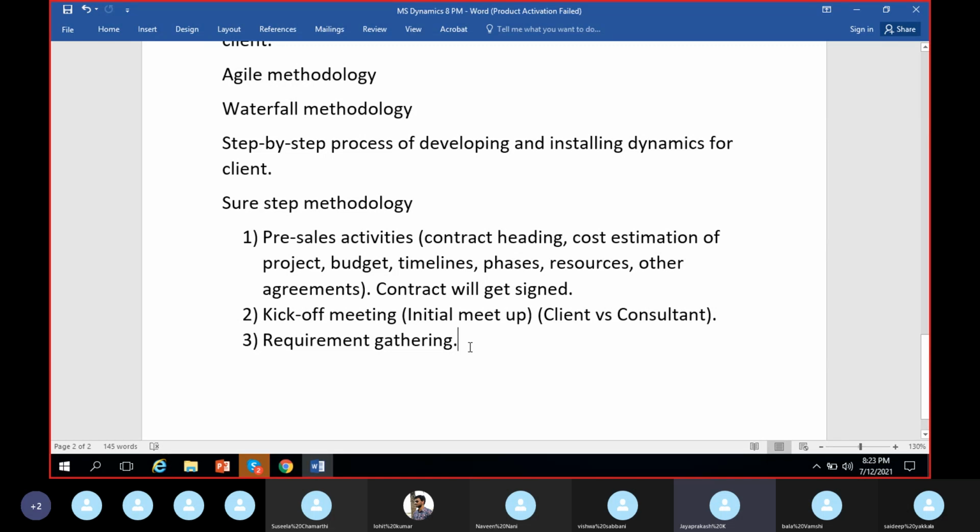So what kind of requirements will we gather? It all depends on the different modules. I'll take a small example of a very small module, cash and bank management. In cash and bank management, we normally deal with bank transactions. If you want to gather requirements for the cash and bank module, you have to first understand what kind of bank transactions they do, and how many different methods of transactions they use with the banks,